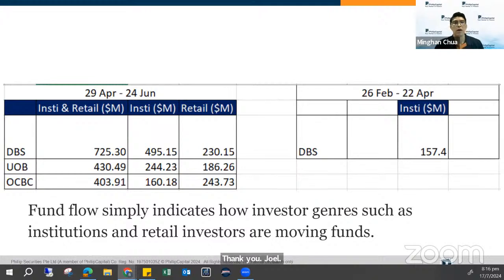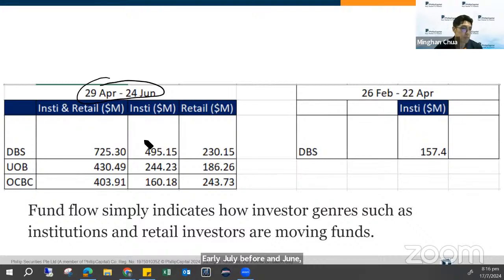Thank you, so long. Okay, so this funds flow gives you a sentiment, whether it's bullish or bearish. So allow me to explain more. From the consolidation period, which is this period, April and May until June, before the end of June, basically.